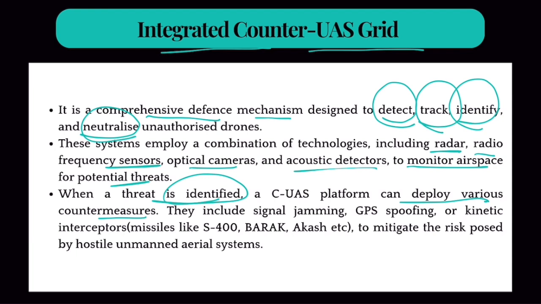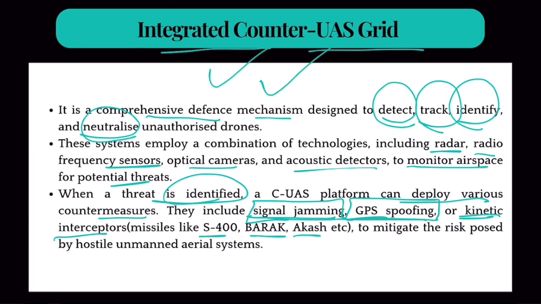Now, it's not just that every time there is a drone that comes into India, we launch a missile. Okay, there are other ways also. You can jam their signals so that they can't be controlled. You can spoof their GPS locations, or you can hit them through kinetic measures. Kinetic measures mean S-400 Barak missile defense systems. Okay, so signal jamming and GPS spoofing is non-kinetic, and kinetic means hitting them through missiles. Clear? So this was the grid that was deployed by the Indian Air Force to protect against any air intrusion